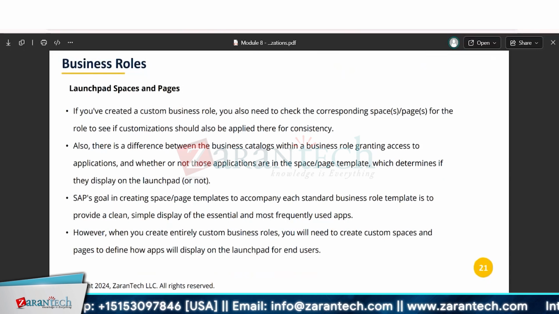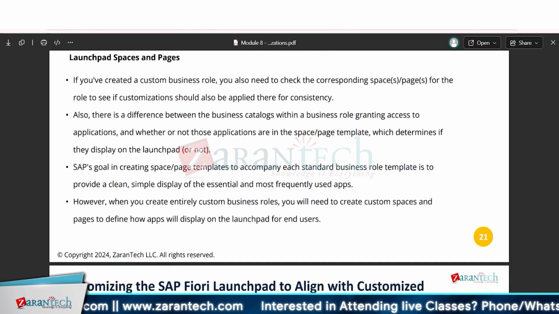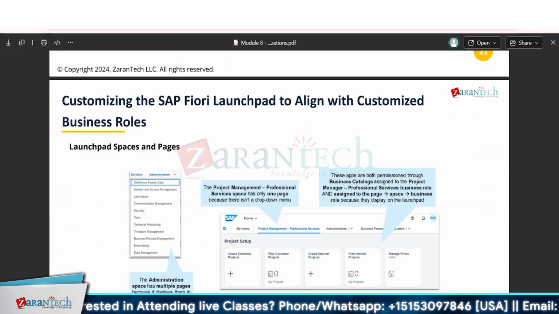So basically, SAP provides default spaces and pages, so it will be very easy for us to add frequently used apps. However, when you create an entirely custom business role, you will need to create a custom space and custom page to define how apps will display on the launchpad for the end user. That's something